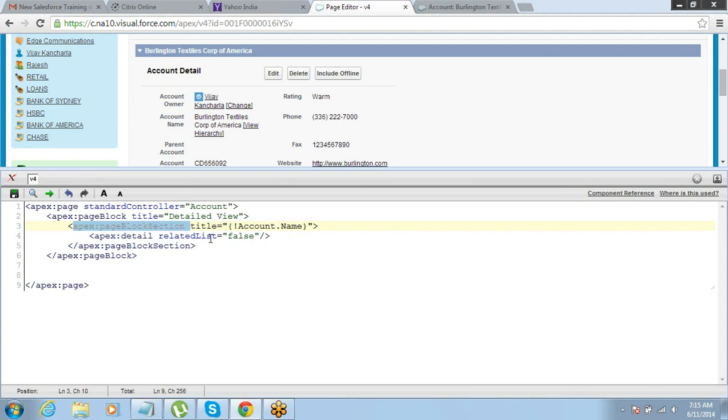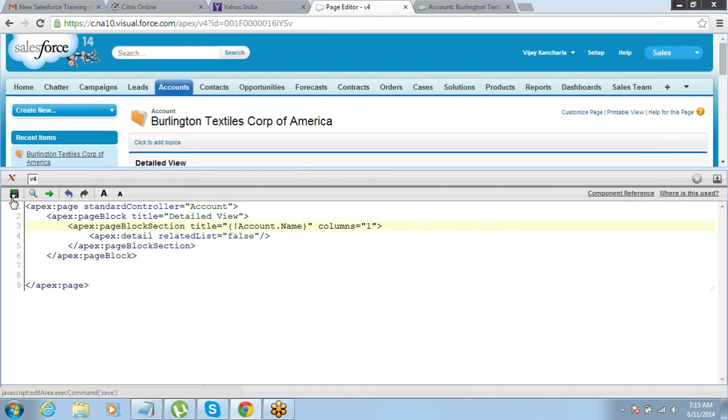Now what is happening here? The data is getting into the first column and the second column is blank. Okay, but it does not look good. It does not give a good look. So for that reason, what we need to do, we just need to make it a single column. By default it's two, but you can go and make it one column. You can make it 3, 4, 5, whatever you want. I'll make it a one column section. Then what will happen? It will be a complete one column.